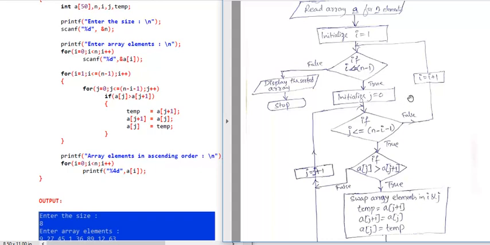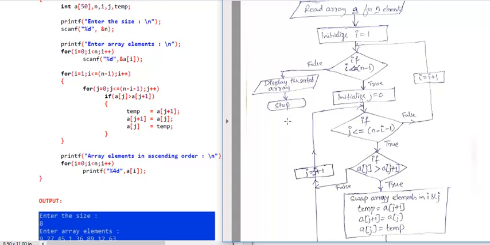As long as this condition is true, the same things will be repeated; those are the number of passes. Once the number of passes are complete, this condition, i less than or equal to n minus 1, will become false. Once it becomes false, this for loop is done. It will not repeat the instructions inside, it will come out of the loop. The next statement we have is displaying the sorted array. You say display the sorted array, and after that the program will stop.